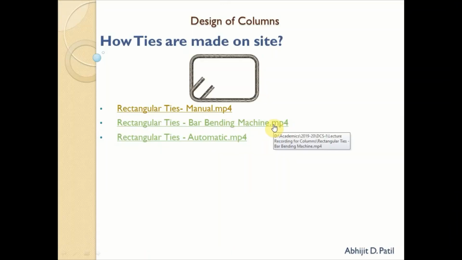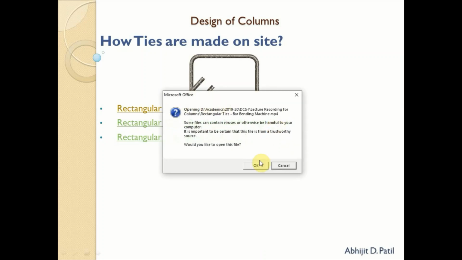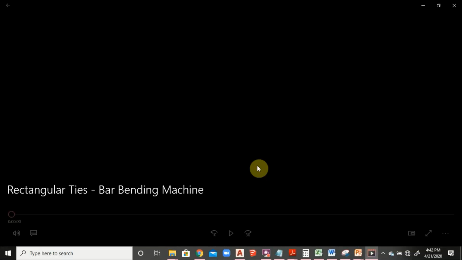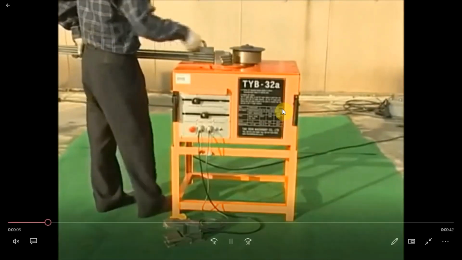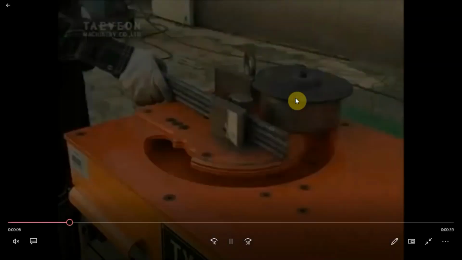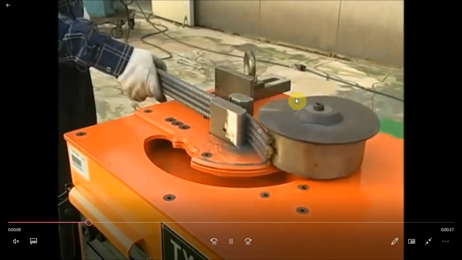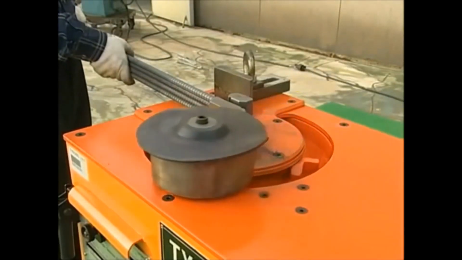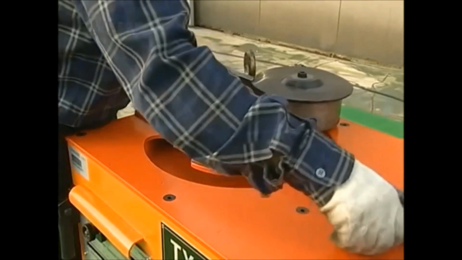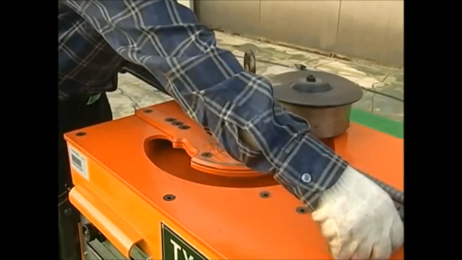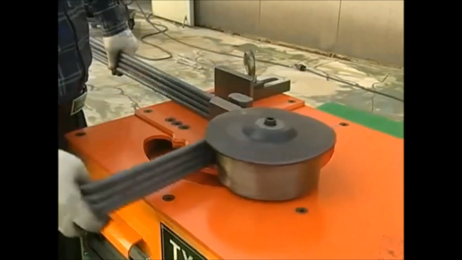Then we will see bar bending machine can be used. So this is actually a promotional video by this company. You can see how easily 4 bars at a time and having higher diameter can easily be bent using machines.